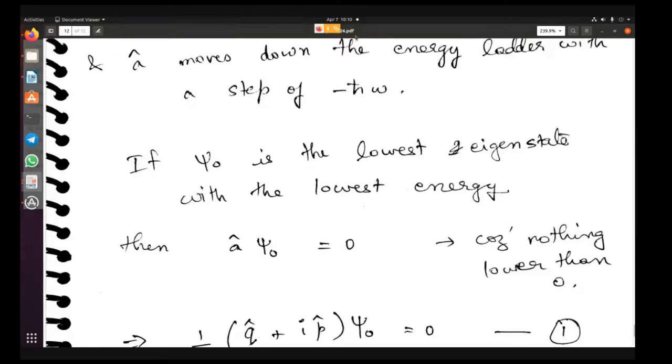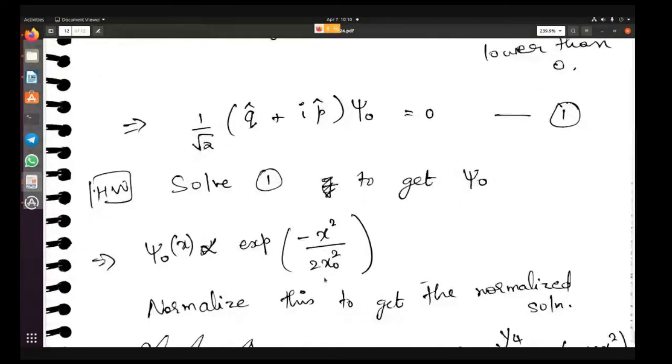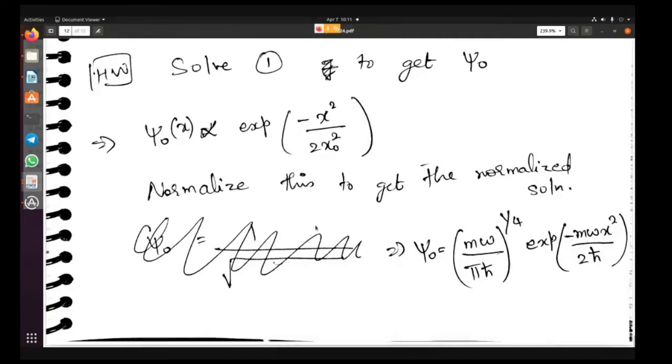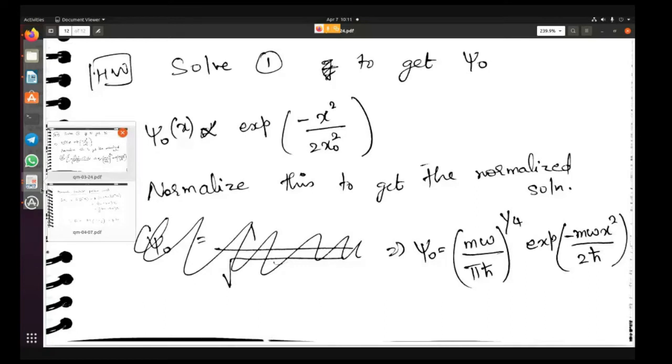So from these concepts, we finally got the wave function, which is a Gaussian wave function. A Gaussian function is something that we got even with the analytic method using the differential equation. The first wave function, psi 0 of x, turned out to be Gaussian. So the same thing we are getting here, and if you normalize it, you will get this kind of a normalization factor. Okay, so now let's move on to the next step.